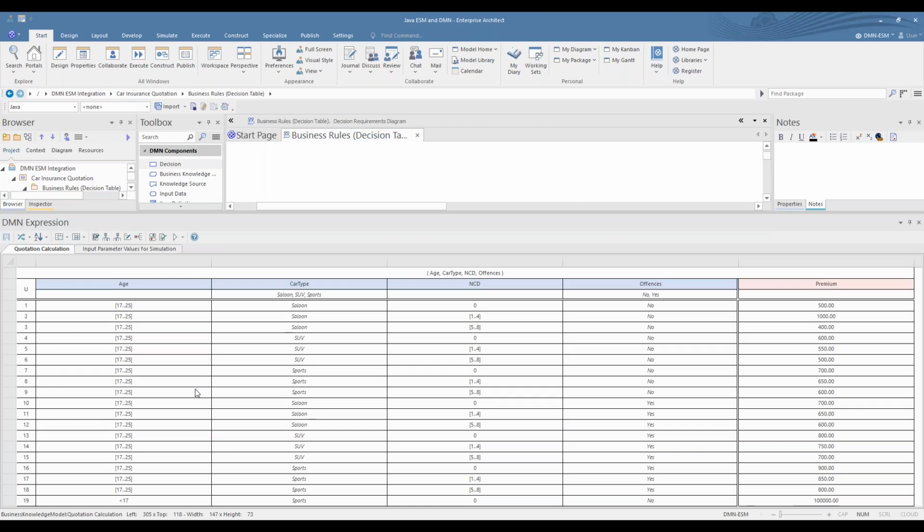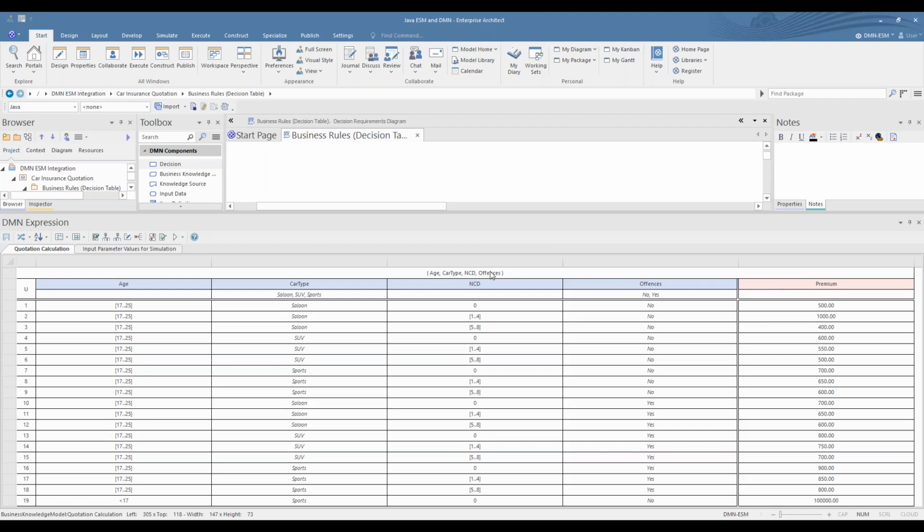Now, this takes a fair while to create, but it's not tricky by any means. You create a column for each input and a column for the output. I believe it's possible to use multiple outputs, though personally, I haven't tried that.